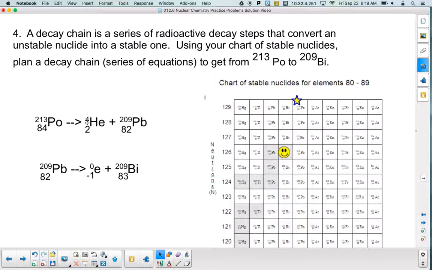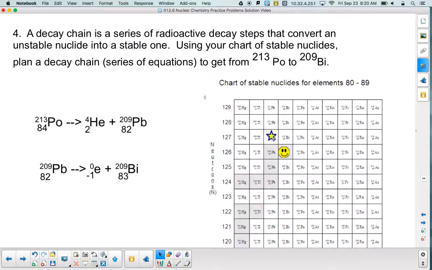So 213 is equal to 4 plus 209, and 84 is equal to 2 plus 82. That creates 209, 82 lead. So now I have moved down and over to right here in my first step of my decay chain. But the 209 lead created here is still unstable and is another version of a radioactive nuclide. But I need to get to where the smiley face is, which is really down one and to the right,